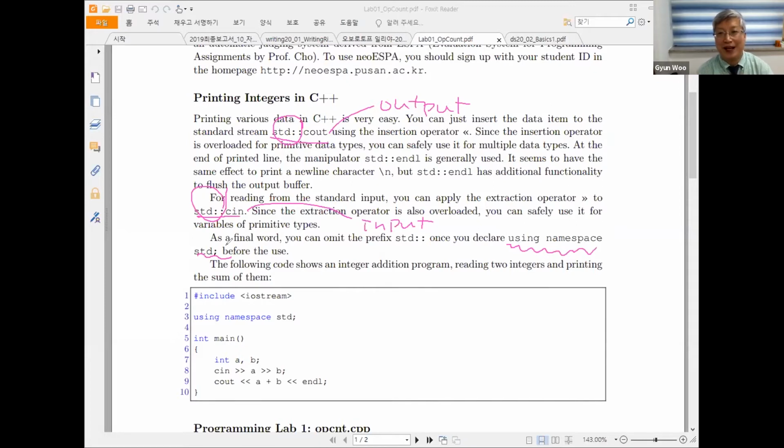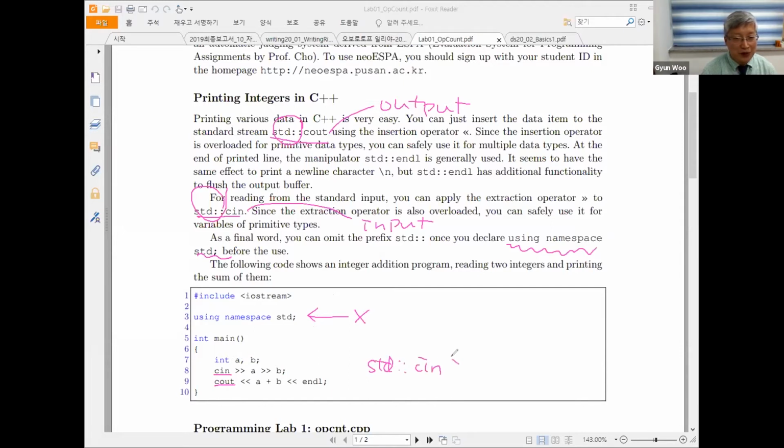It is somewhat like import in Python. So once you use using namespace std, you can use cin without std::. Okay, std:: is not required anymore. But without this, you have to use std::